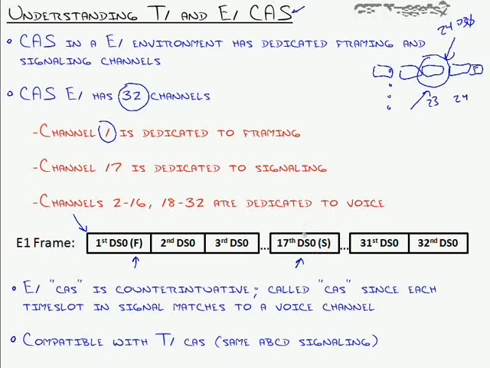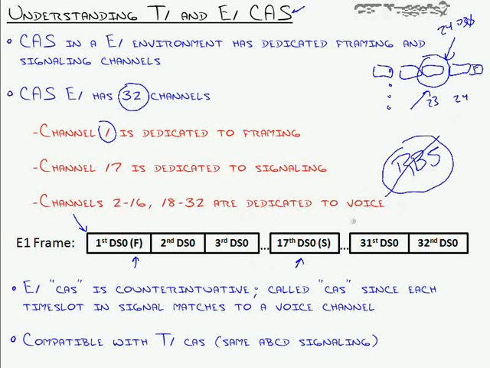That's always going to be dedicated to the signaling in E1 connections. So even if I'm using E1 CAS, where I'm trying to steal bits, if you will, in my CAS mindset, well, in E1, I don't really gain any benefits. I don't get an extra channel. The 17th channel is always dedicated to signaling. It does not do robbed bit signaling. And let me just emphasize that. Robbed bit signaling. Circle, cross.